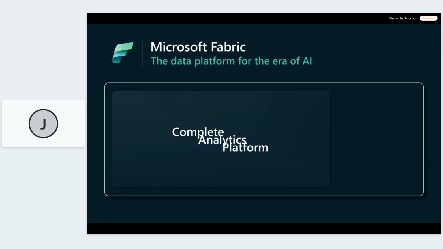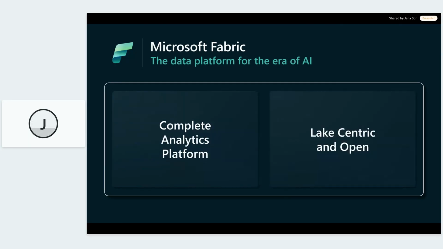Furthermore, Fabric is grounded in open standards. So it's very lake-centric and open. Everything is about data lakes. And here, notably, Microsoft has embraced open source very hard. This specifically relates to the format of storing data in the Fabric multi-cloud data lake, which we'll focus more on in detail because it does deserve a further explanation, as it's a big change.